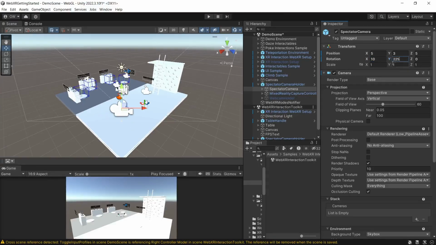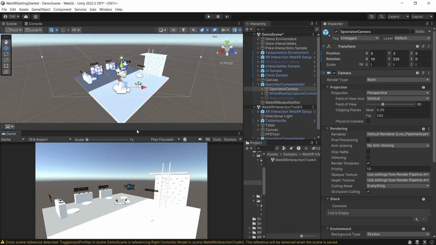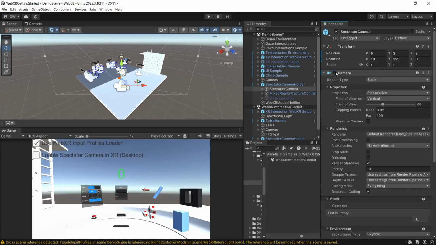Oh, and we can see here scene. In the game panel, we'll disable the camera again,